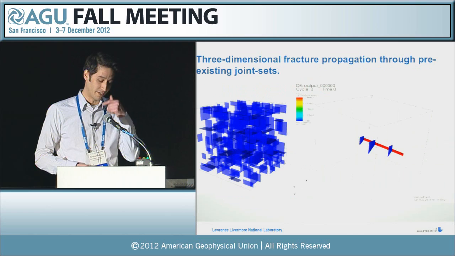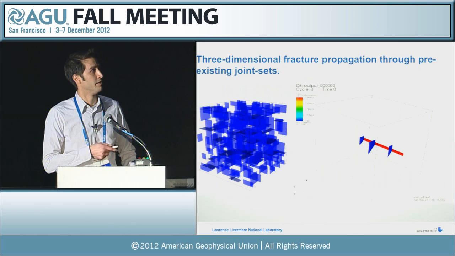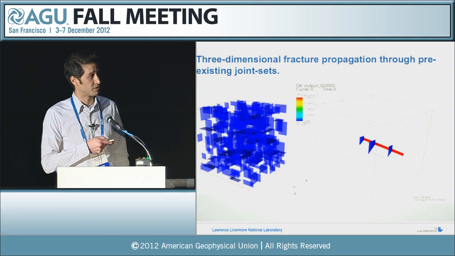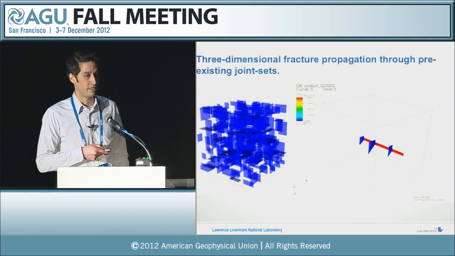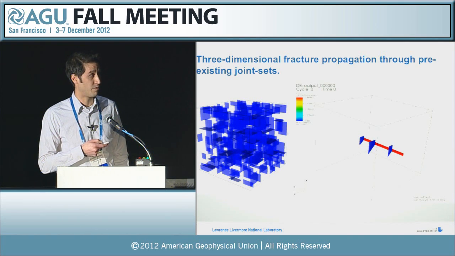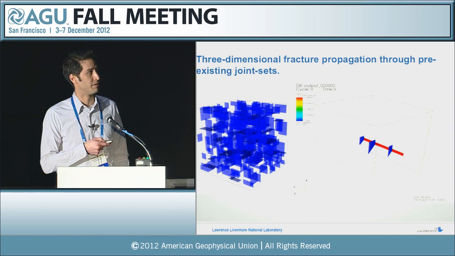Okay, so I get to show you one whole simulation today. This is a 3-dimensional fracture propagation through pre-existing joint sets. So basically, I've defined a 200 meter by 200 meter block. This is about a million element problem, 2 meter mesh size. We've defined a bunch of pre-fractures,